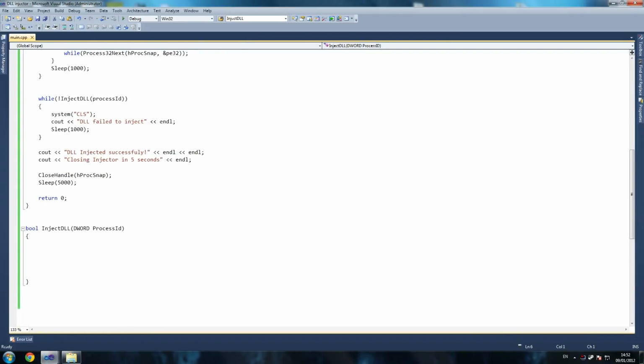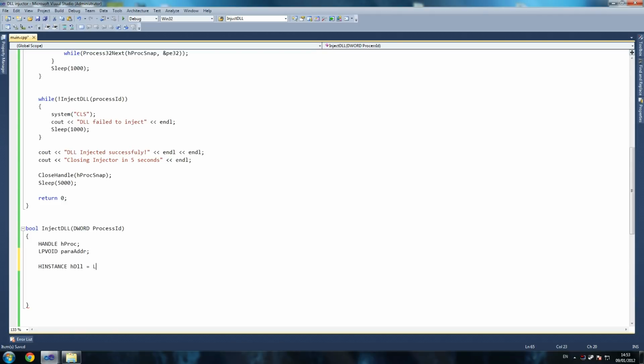So, I want to start off by creating a few variables. So HANDLE in capitals, hProc. Oops, that was wrong. hProc. There you go. And then we're going to go LPVOID, all in capitals, paramAddr, so parameter address, and then hInstance, which relates to what we declared at the top, DLL,